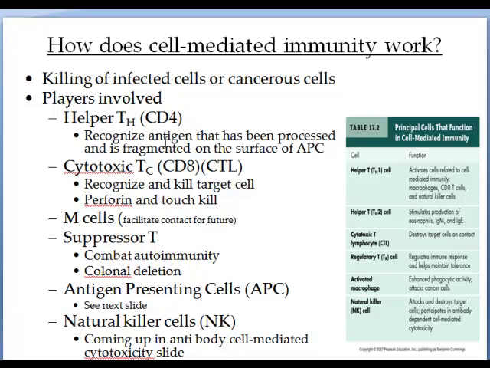Now, once these cells recognize the antigens, they actually release certain signals, and these signals are then looked at, or they're attracted by the cytotoxic or the CD8 cells that will come and kill that target cell. So having a helper T or CD4 attached to an antigen gives it a signal, so the cytotoxic or